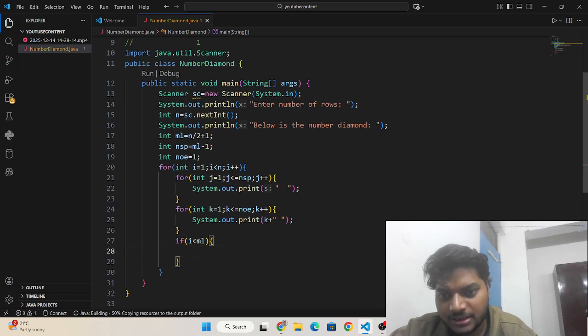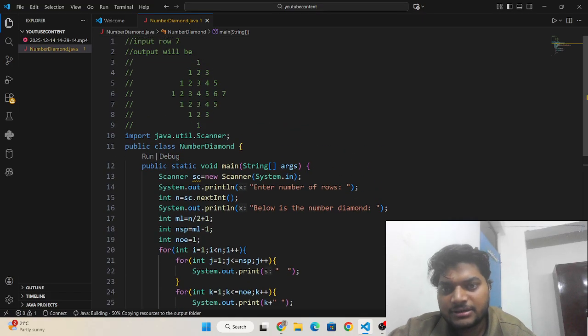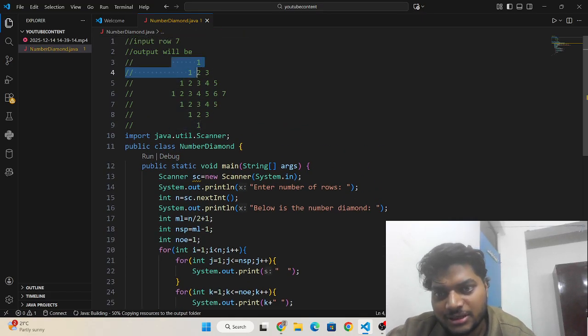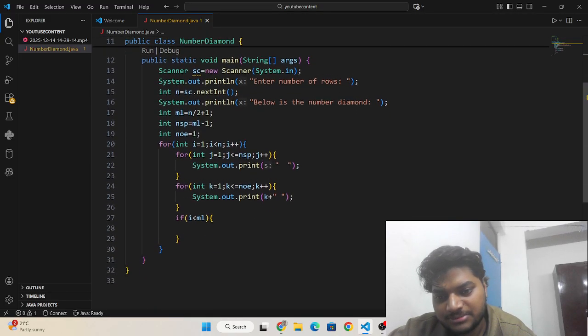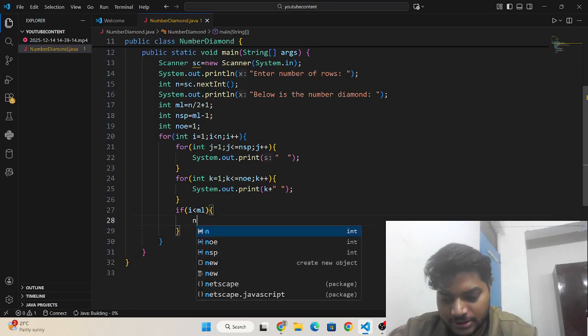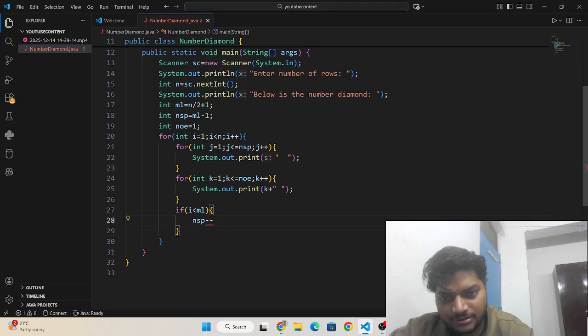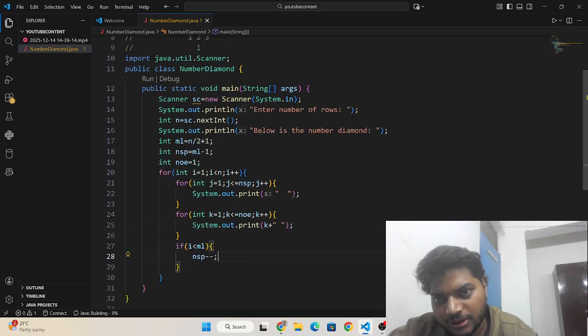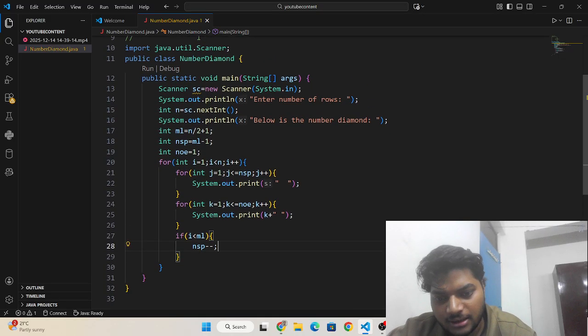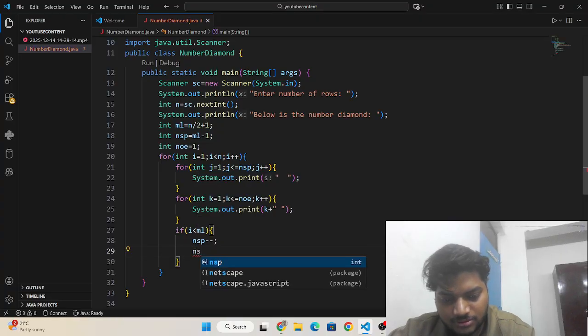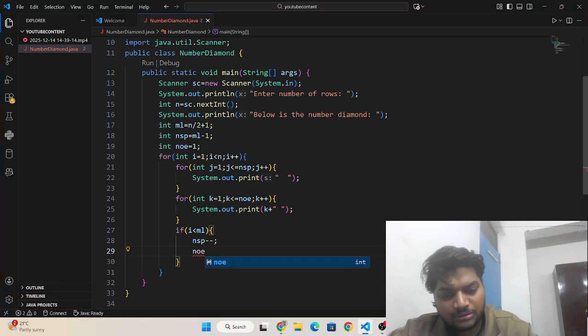If I is less than the middle line, if the row is less than the middle line, then the number of spaces nsp will decrease by 1, and the number of elements will increase by 2.